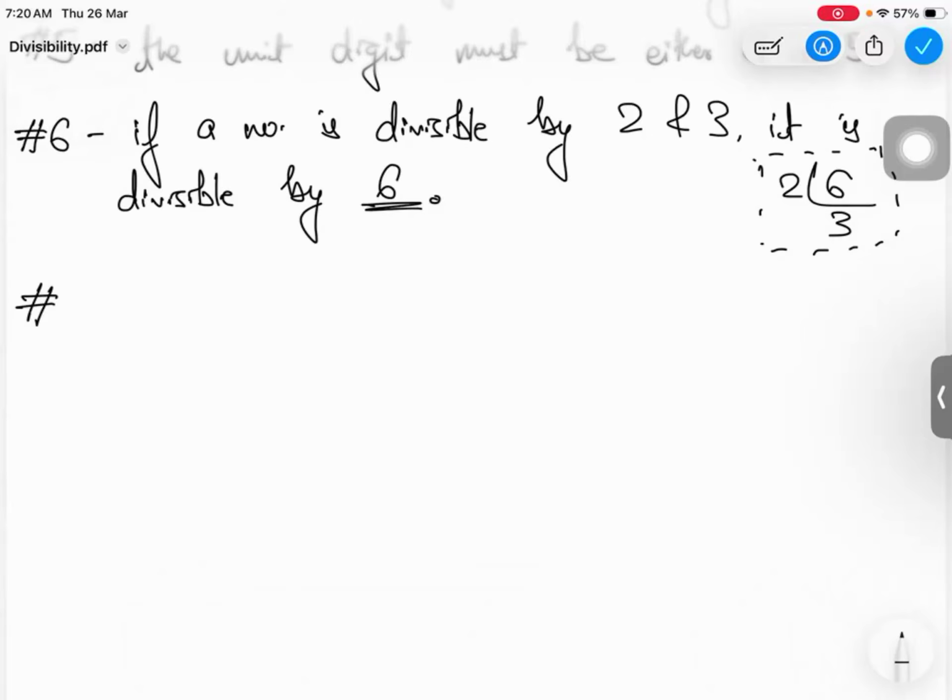So the thing here is 7 has a divisibility rule, but it is not very mathematical in nature. It is very, how should I put it, it is very